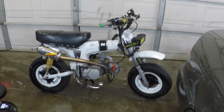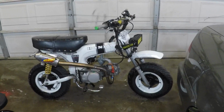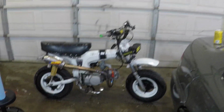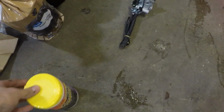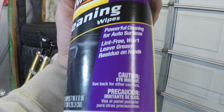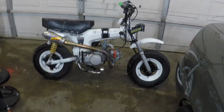But I was kind of showing it to him, and it was almost embarrassing with how dirty it was. The wheels were black. It just looked filthy. So I figured I'd give it a quick wipe down. I don't even know what I used. These are probably interior wipes for a car. It's just the first thing I grabbed. It says interior, 20% more though, so it's fine. And it actually worked pretty well, but figured I'd just polish this turd up real quick while I'm out here,